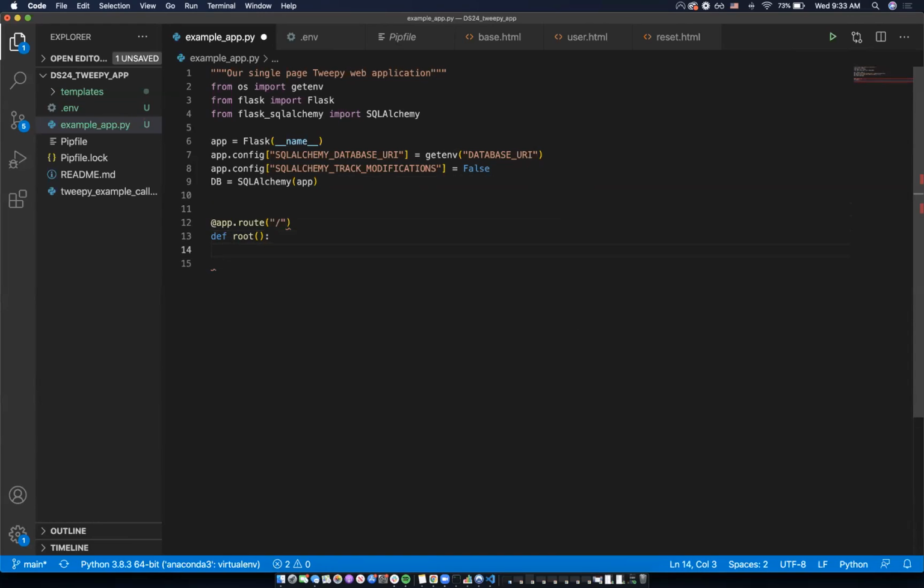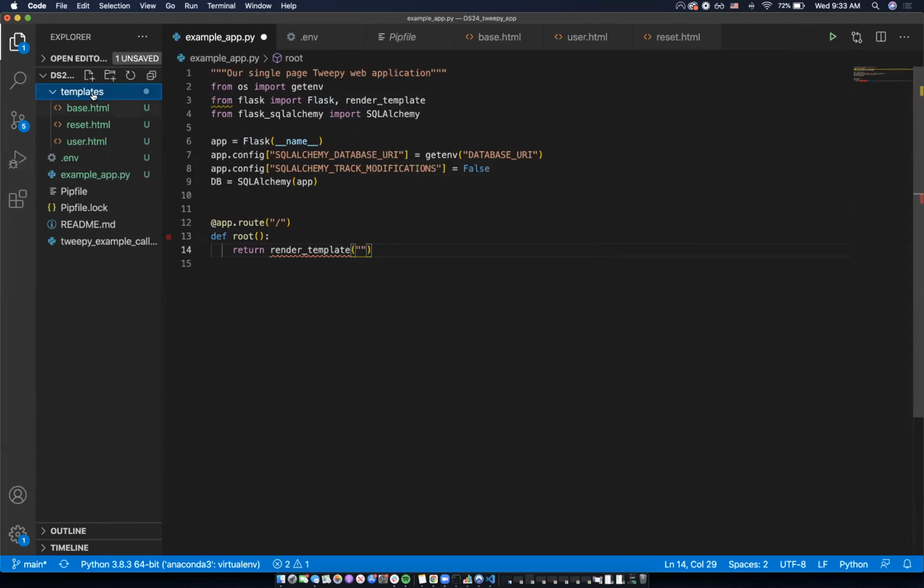Okay. And then I am going to return a template. I'm going to say return render template. Now this render template function is a function that is provided to us by Flask, and it basically allows us to render HTML templates. Okay, and the reason that this templates folder is so important is because when we say render template, Flask is immediately going to look for this templates folder, and then we can specify a specific HTML file we want by saying